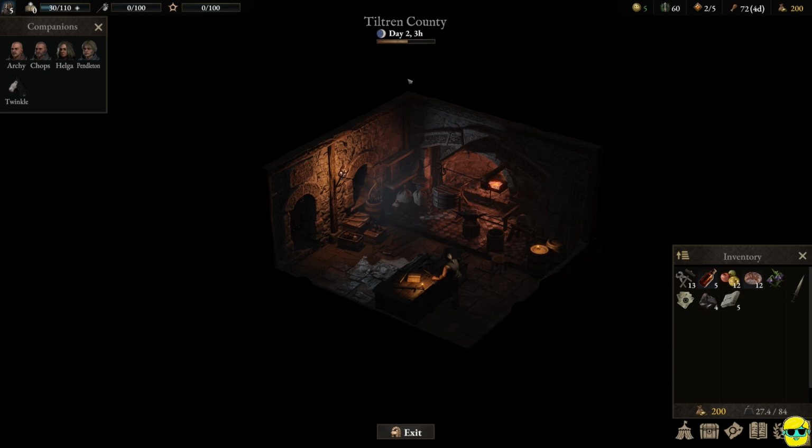Now, I'm not going to make anything now, but we've unlocked a new profession. Now, Master Hulan, the blacksmith, if we talk to him...